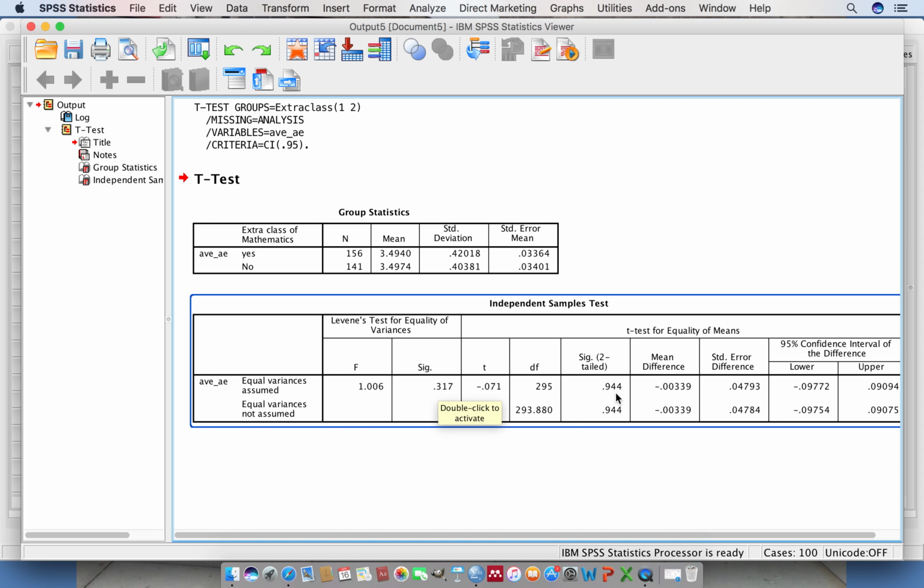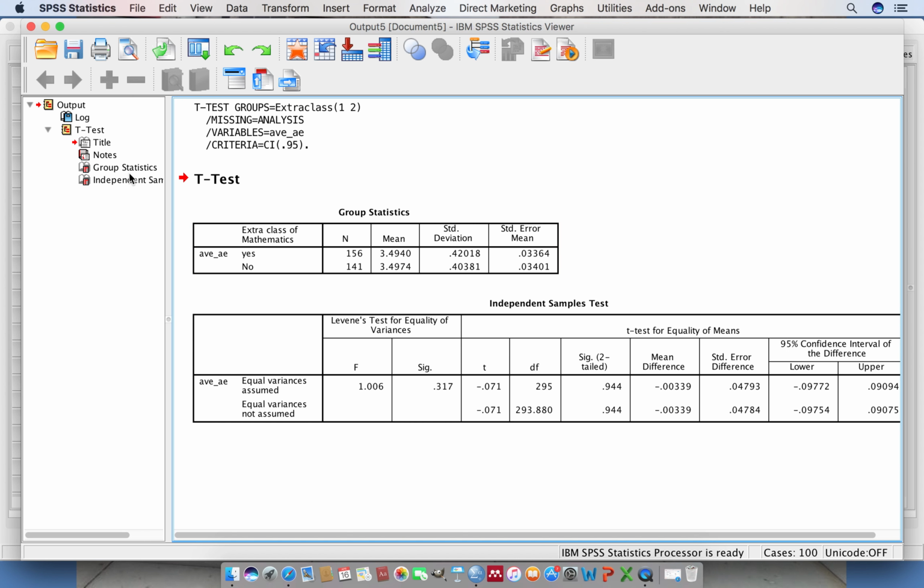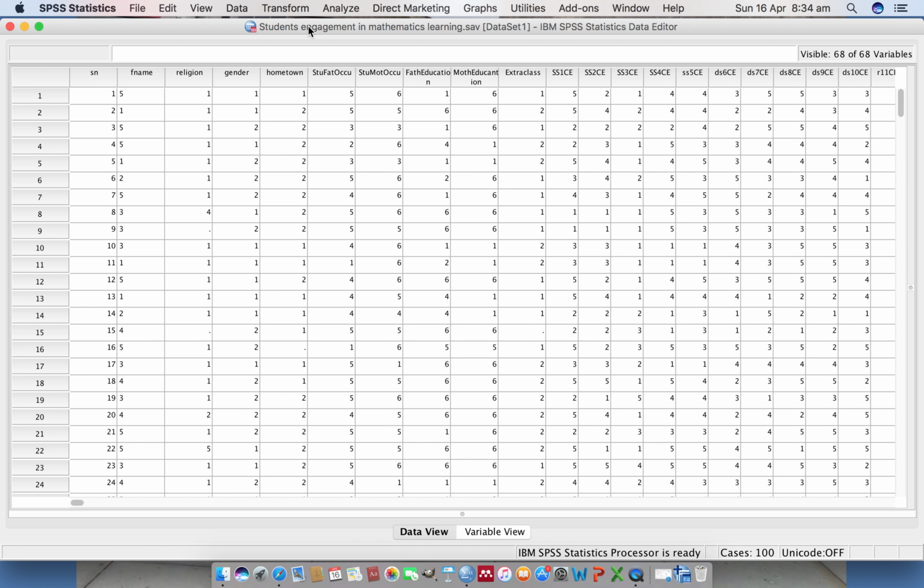If this value is greater than 0.05, then we say there is no significant difference. If this value is less than 0.05, then we reject the null hypothesis. But in our case, this value is greater than 0.05, so we retain the null hypothesis. We accept the null hypothesis. For the analysis, we can discuss it in